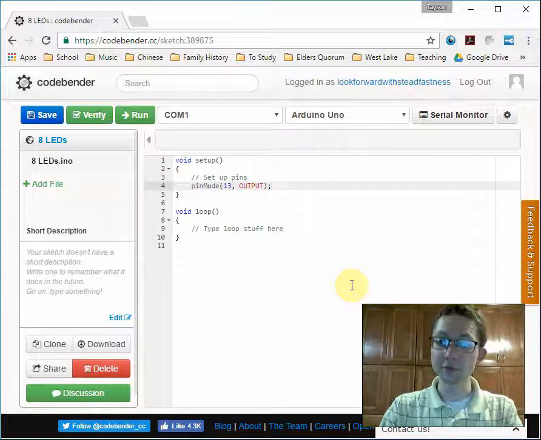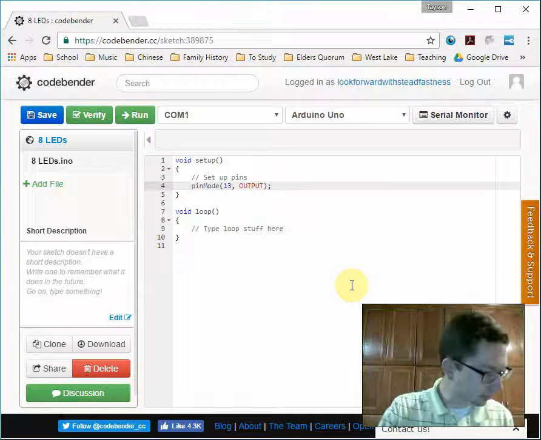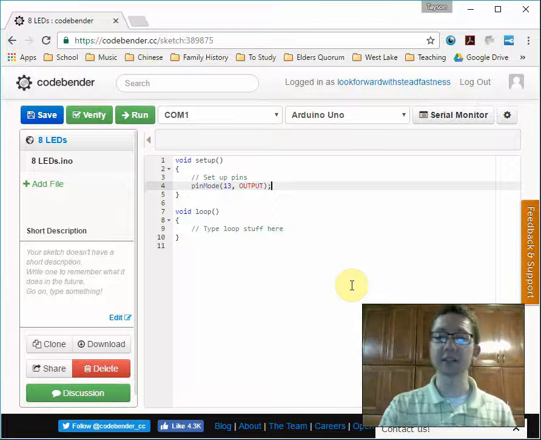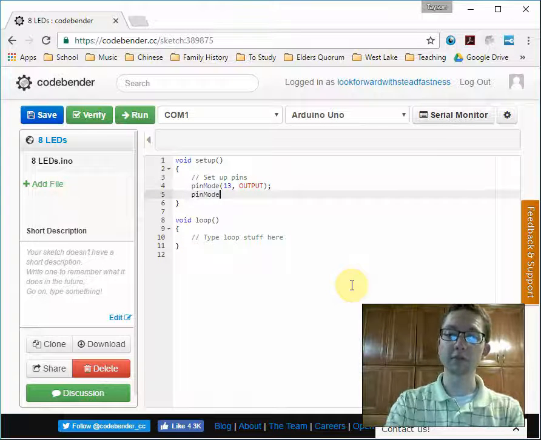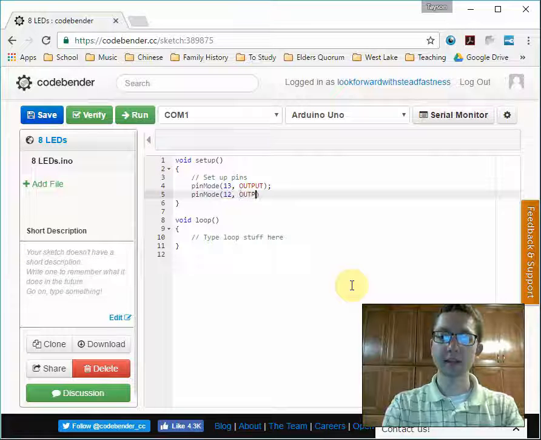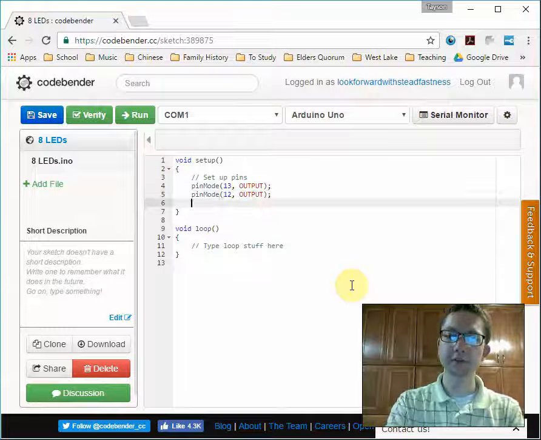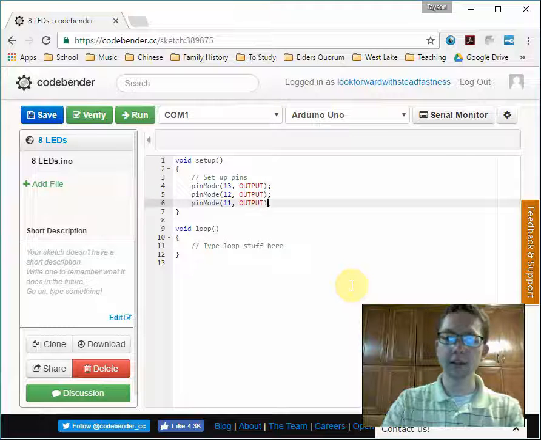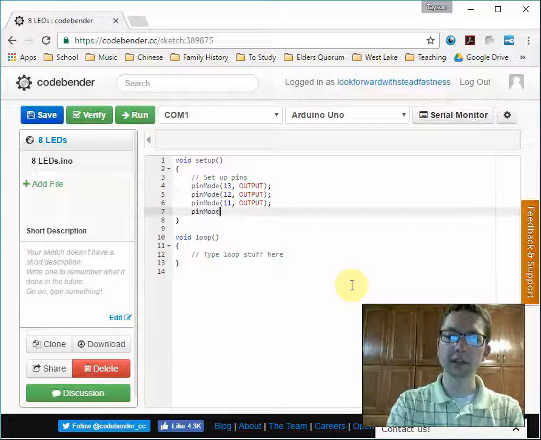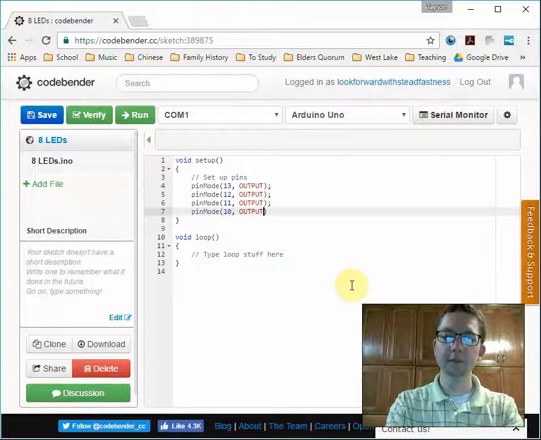Okay, so we need to do this a couple more times for all the pins we're going to use. If you look at your Arduino, we are using pins 13 through 6. 13, 12, 11, 10, 9, 8, 7, and 6. So we'll do this a whole bunch of times. So there's for pin 12, here's for pin 11, pin 10, and